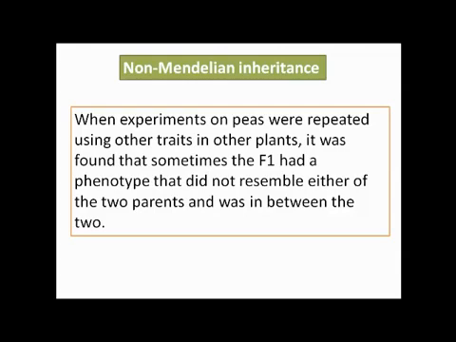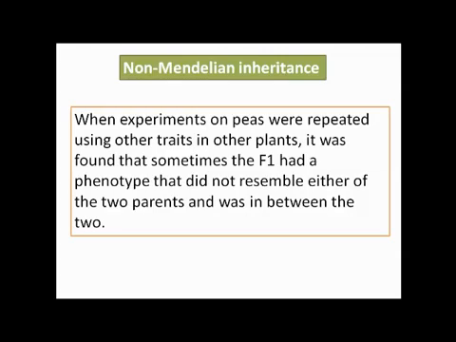The first two laws clearly discuss that the ratio has to be 3:1 and there is no mixing of characters. So these rules suggested by Mendel were not followed in these crosses, and the possible explanation was